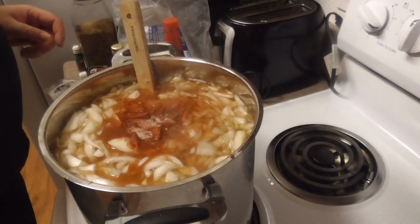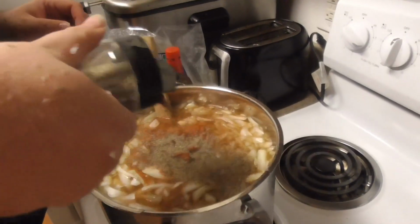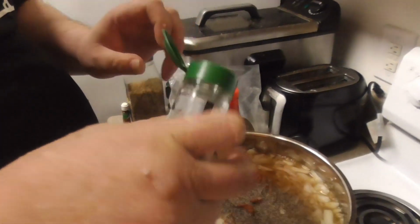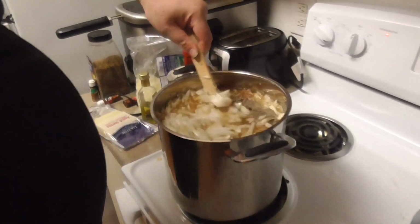since this is a big pot, about that much. And some black pepper, about that much. Doesn't take much. And then we're going to add half a teaspoon of thyme. There we go. Okay, stir that in,